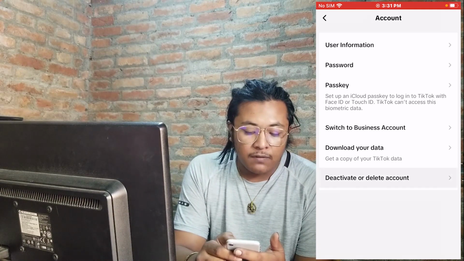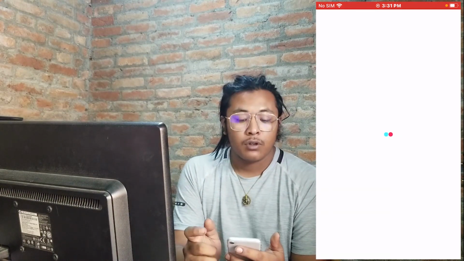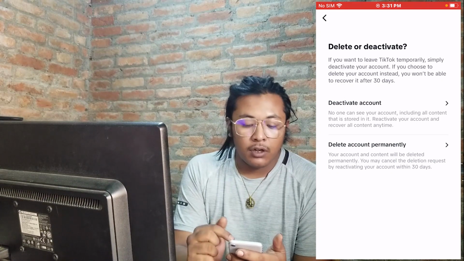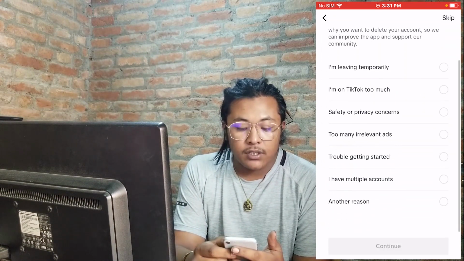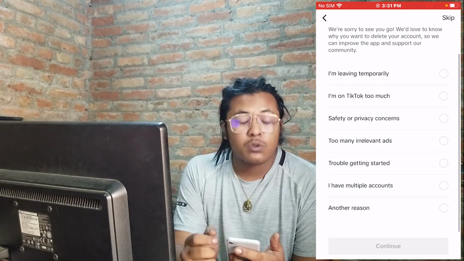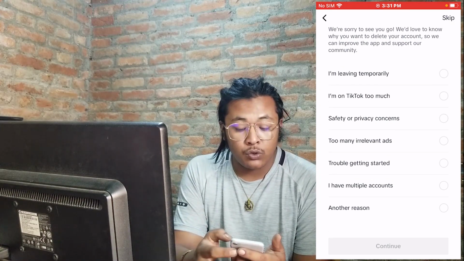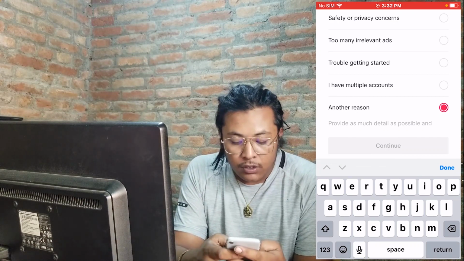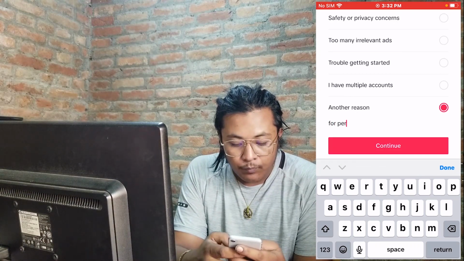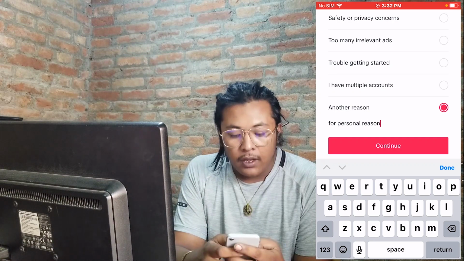Tap on that deactivate or delete account, and over here again tap on delete account permanently, and you can see guys you'll be required to choose the reason why you want to delete your TikTok account. I'll be just going with another reason for personal. Tap on continue,